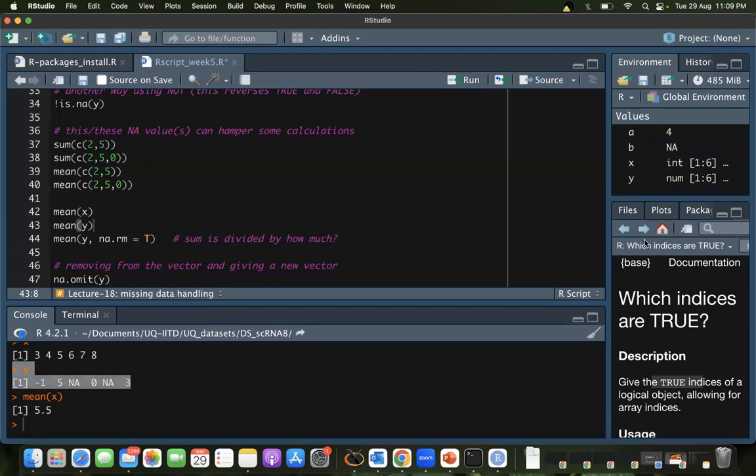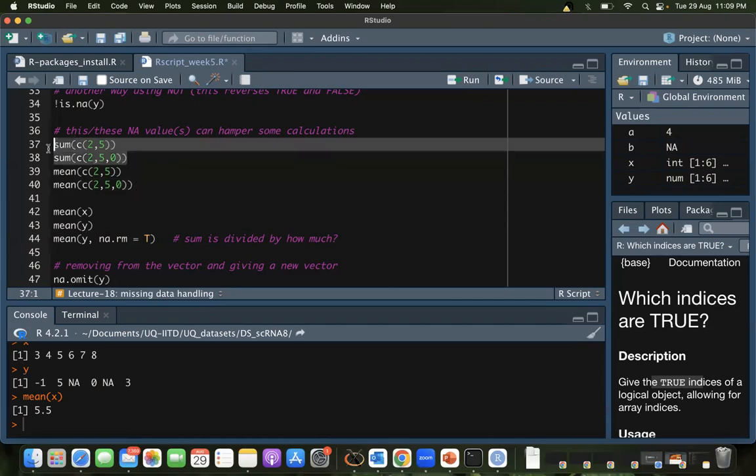What is the formula for mean? It is sum divided by number of numbers. So here you are dividing by 2, and for this you are dividing by 3, right? In the sum, it doesn't make a difference because you're adding. Adding 0 does not make a difference, but the presence of 0 is an additional number, right?